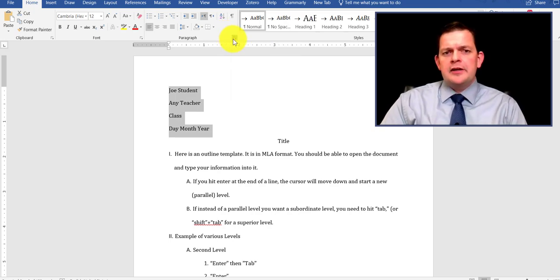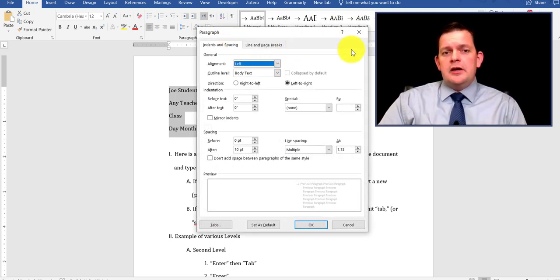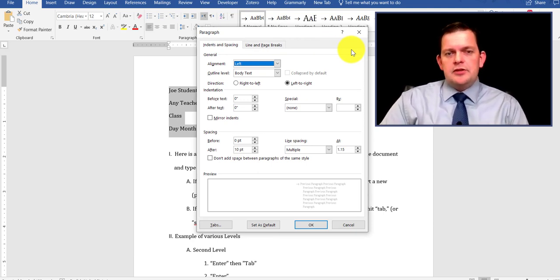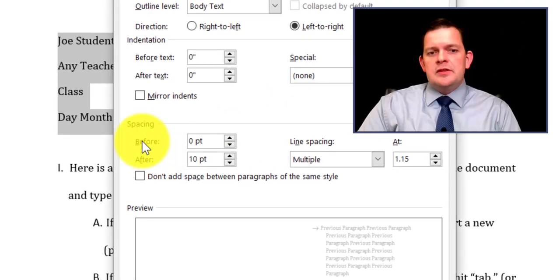If you click on that, it will open up a window that has several options that you can choose from. You want to make sure in that window that the spacing before and after your paragraph is set to